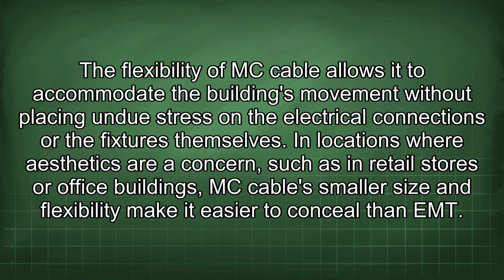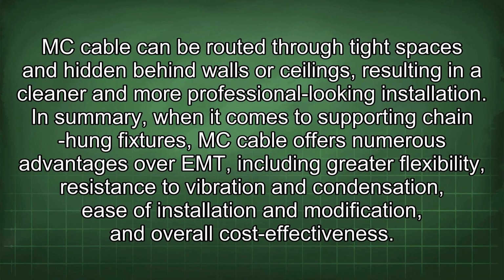or the fixtures themselves. In locations where aesthetics are a concern, such as in retail stores or office buildings, MC cable's smaller size and flexibility make it easier to conceal than EMT. MC cable can be routed through tight spaces and hidden behind walls or ceilings, resulting in a cleaner and more professional-looking installation. In summary, when it comes to supporting chain-hung fixtures, MC cable offers numerous advantages over EMT, including greater